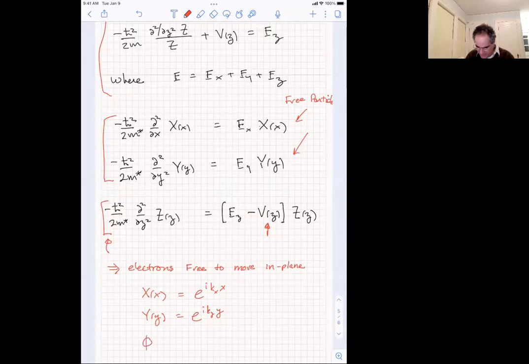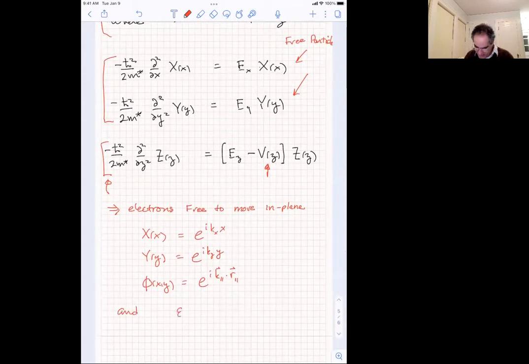Or we can put these together and say that the total wave function goes like e to the i k parallel dot r parallel, where k parallel is a wave vector that points in the plane in some direction, and r parallel is a displacement in the plane. Okay? But the important thing is that they're free particles,